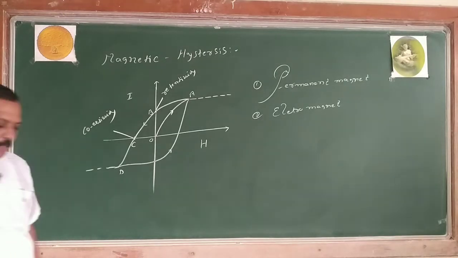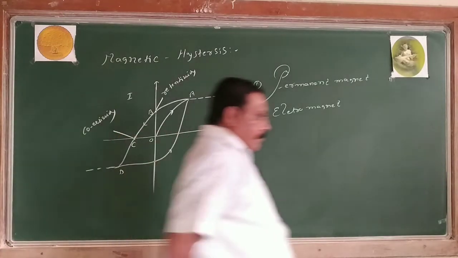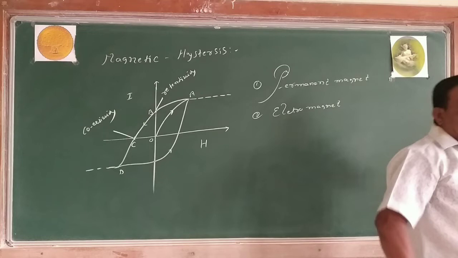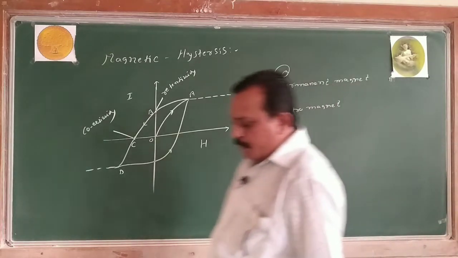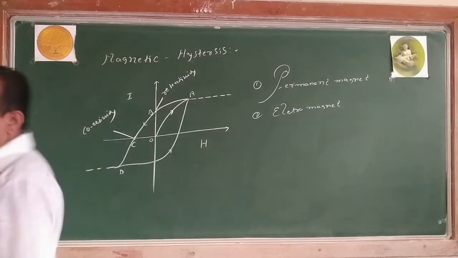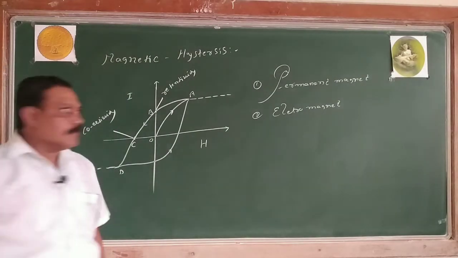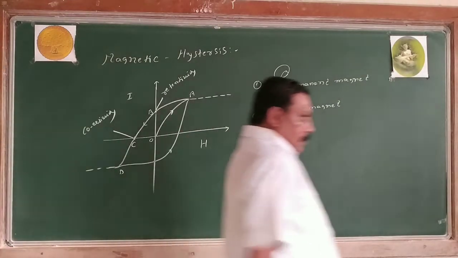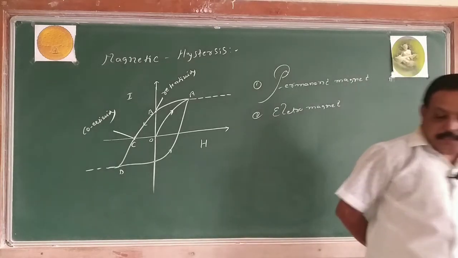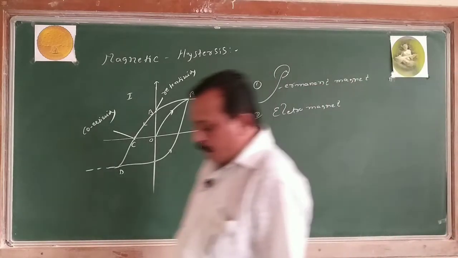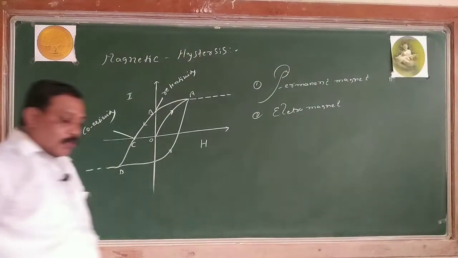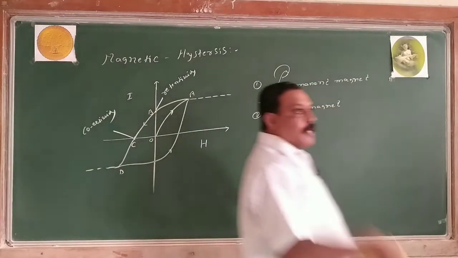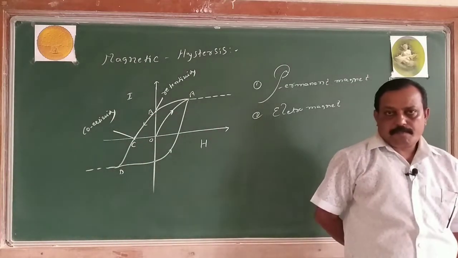The permanent magnet is one which retains the magnetic property even at room temperature for a long period. What is a permanent magnet? A ferromagnetic material which retains the magnetic property for a long time, even at room temperature, is known as